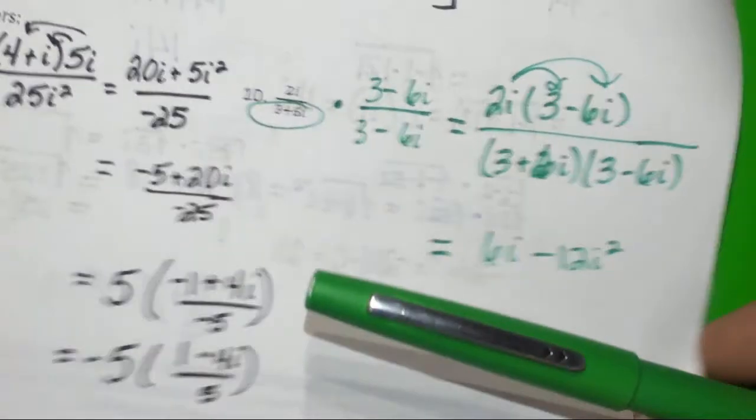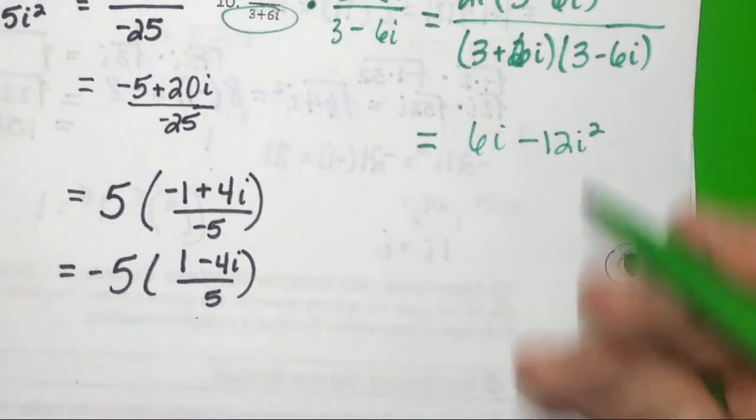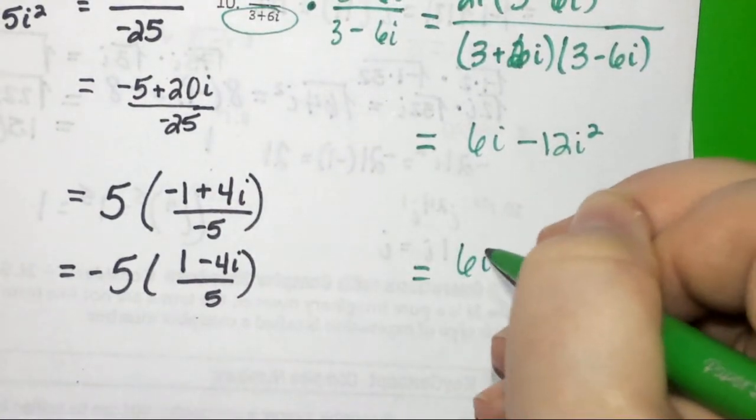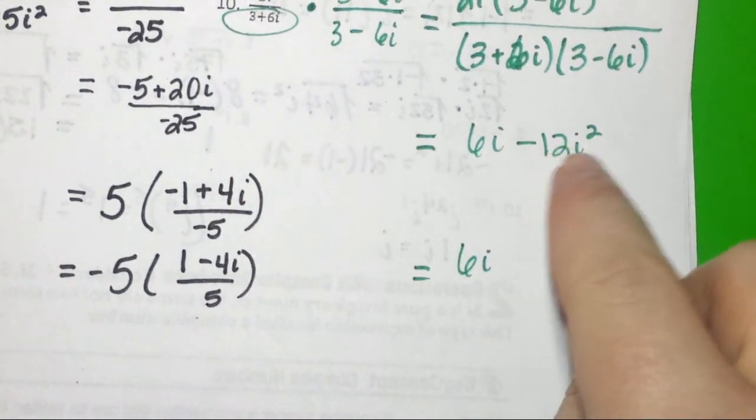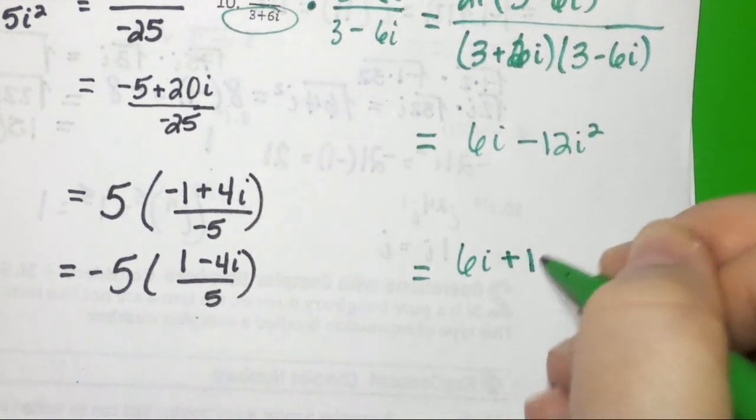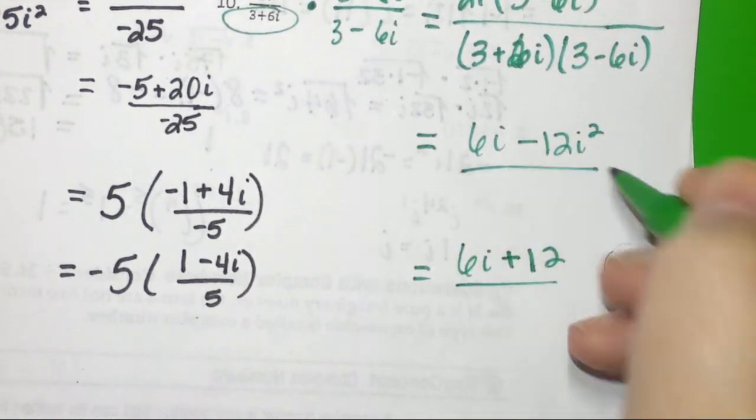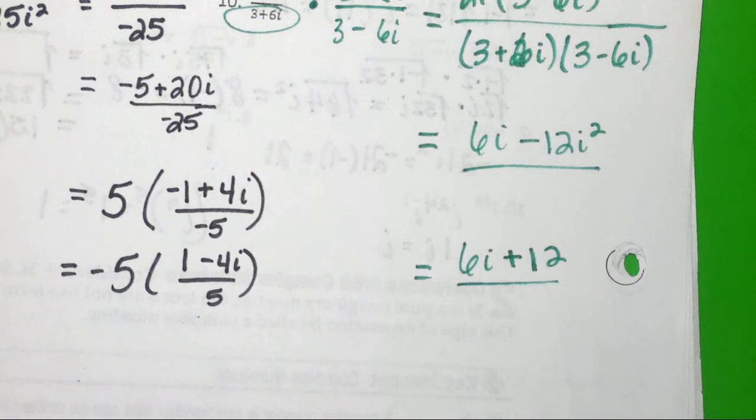I know that simplifies. In fact, if it's killing you, let's go ahead and simplify that. We really got 6i. I know i squared is negative 1. Negative 1 times negative 12 is going to end up being a positive 12. So in my numerator, I know I have 6i plus 12. Now in my denominator,